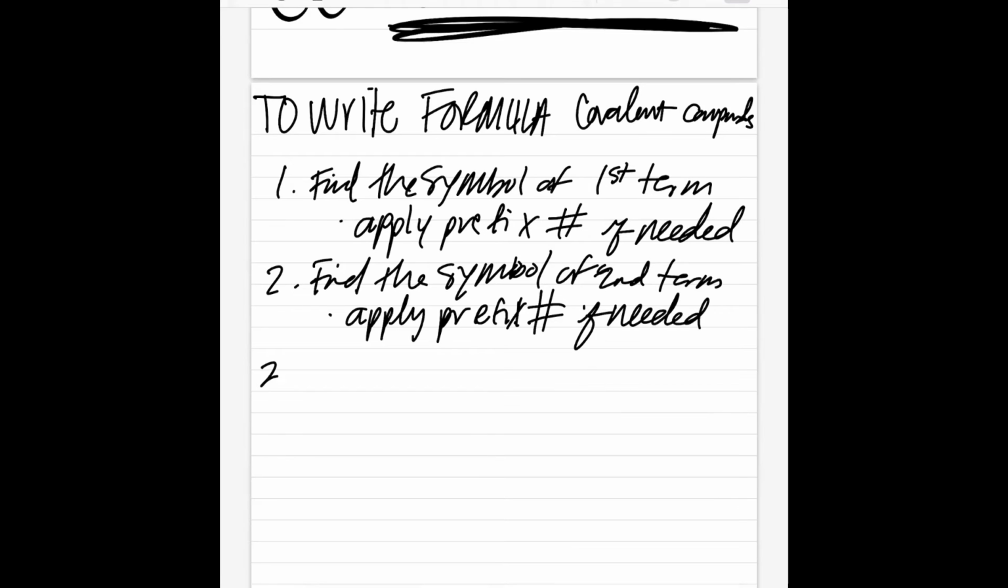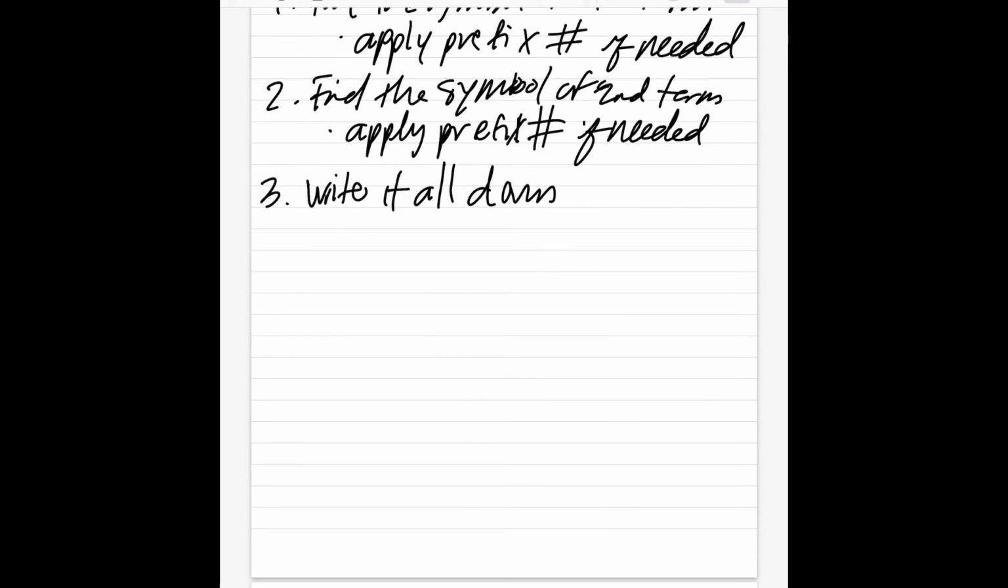Okay, and then third step is to write it all down. Okay, so the prefixes are the same, so I'm not going to write these down again. But let's go into a couple of examples. Let's say that you have nitrogen